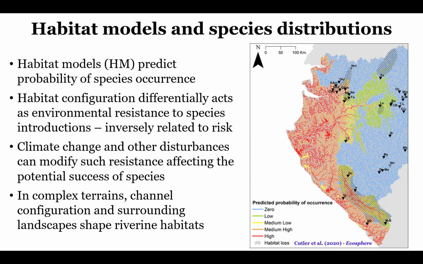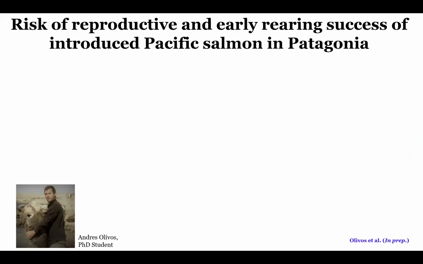In the case of rivers, it is really interesting to use this model because in complex terrain, channel configuration and surrounding landscape will shape the river habitat. So if we know fine-scale conditions of local habitat and extrapolate this to a larger landscape, we can have an idea of how different pieces of the river will be suitable for species that are being introduced or even native species. So we used this idea for the risk of reproductive and early success of introduced salmon in